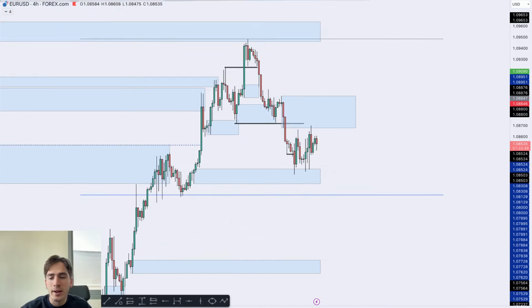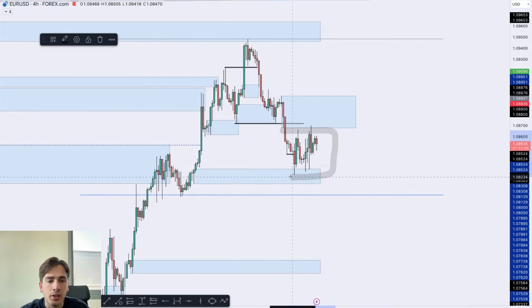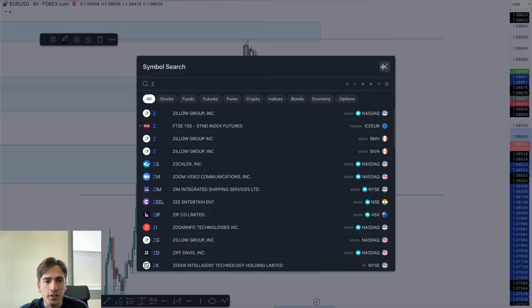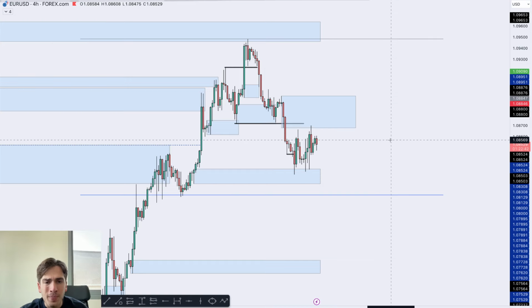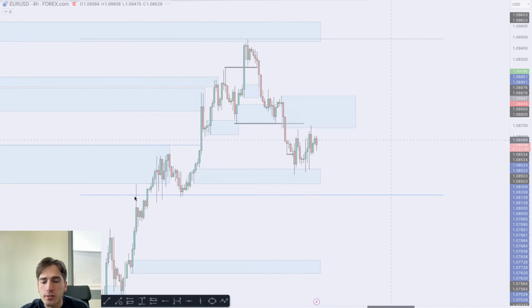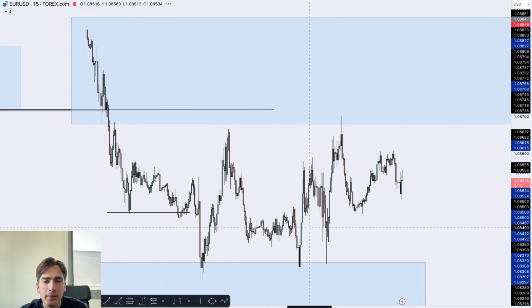Euro USD at the moment has been consolidating inside of this area of consolidation and not really moving anywhere as of now. 4 hour is a little bit messy. If we go in towards 15 and you watch back yesterday's video, I did mention that we were looking for